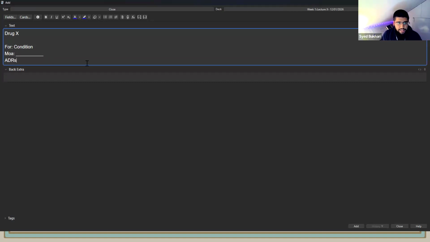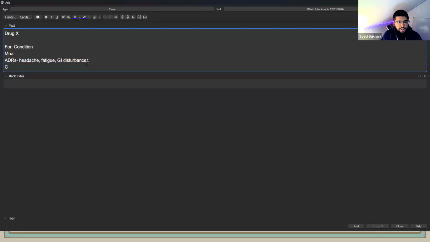Then the ADRs are headache, fatigue, gastrointestinal disturbances, for example. And contraindications, let's just say maybe pregnancy. Great. Now, for drug X, I have all the information on one Anki card, or one tab essentially.